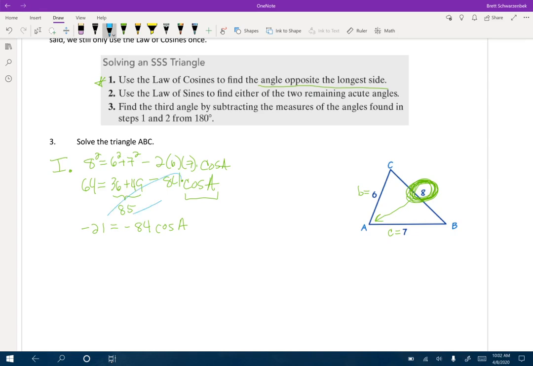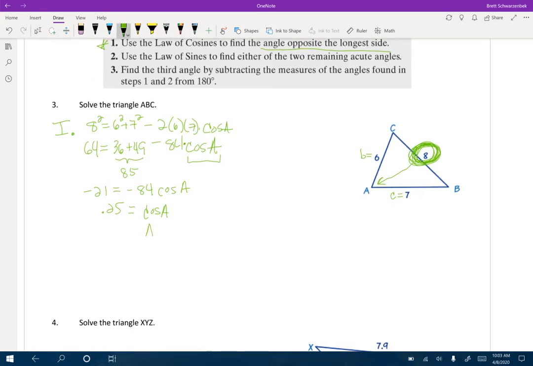Okay, students will do that and they'll get completely messed up compared to what you're doing. You cannot do that. You need to subtract the 85 from the 64 on the left and leave the negative 84 cosine A. So then we're going to divide both sides by negative 84 and get 0.25 on this side. Once we get that, then clearly we need the cosine inverse of 0.25 in order to find our missing angle